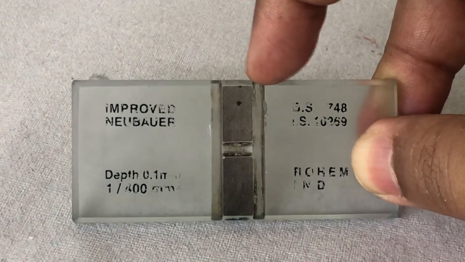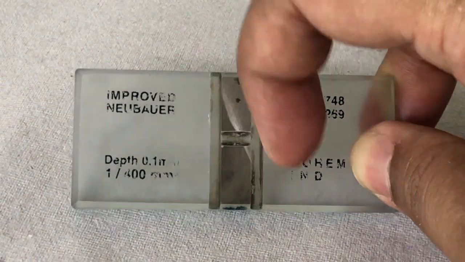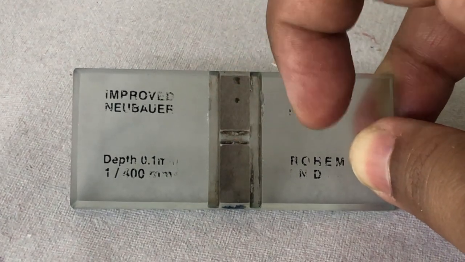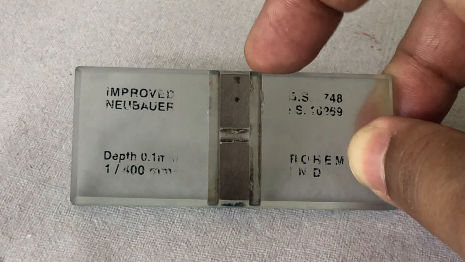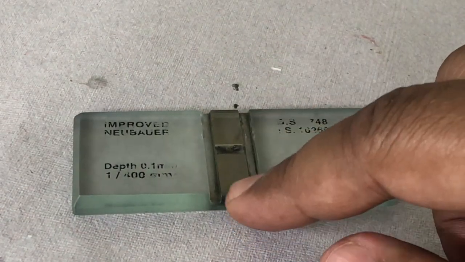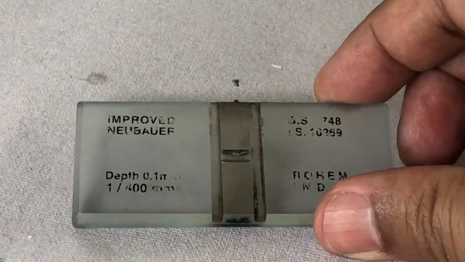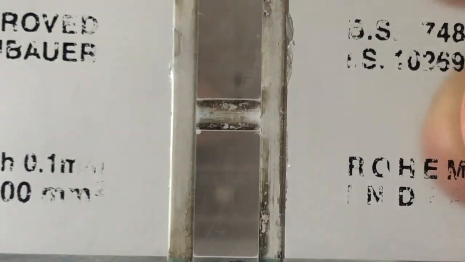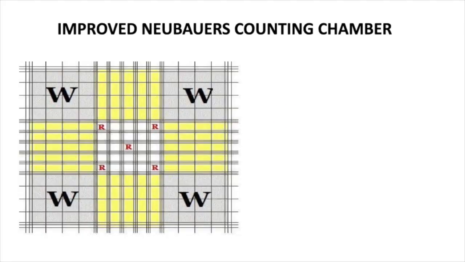This has gutters on both sides and you have a center gutter connecting both the gutters. So, practically there is an H shaped gutter over here, and on that we have the raised part which is silver in color, as you see. This won't be visible in this, but would be visible in the microscope. Under the microscope we see a grid like this.